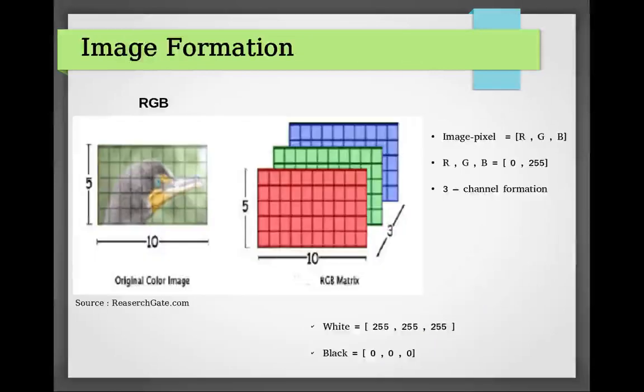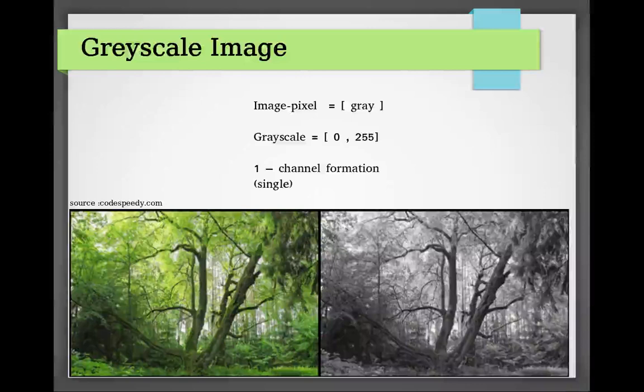So the RGB format looks like that. It has three axes, meaning 3 channel RGB. It is an 8-bit value, so it varies from 0 to 256 values. The grayscale gives us a single channel, so it is only a single pixel and single value. You can observe the image, how the RGB image is converted into the grayscale image.